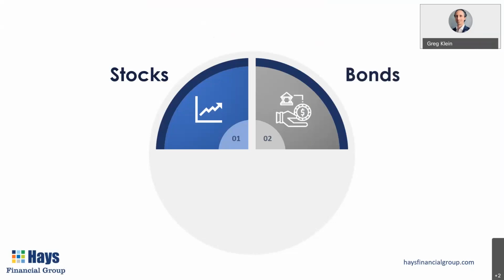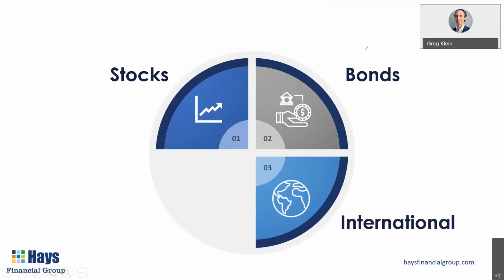So bonds compared to stocks, bonds are not ownership. Bonds are actually where you're acting as the lender. So if you have a bond, what you're doing is you're lending your money to either a corporation, or if it's a federal bond, like the federal government, and that bond is an IOU, and so you lend them your money. They pay you interest over a period of time. When that bond matures at the end, then they give you your money back. And so that's what makes them lower risk compared to a stock, because with a stock, there's no guarantee that you're going to get your money back at the end. It depends on how that company performs that you own a little piece of. Where bonds, there's that promise that at the end, you're going to get your money back when the bond matures.